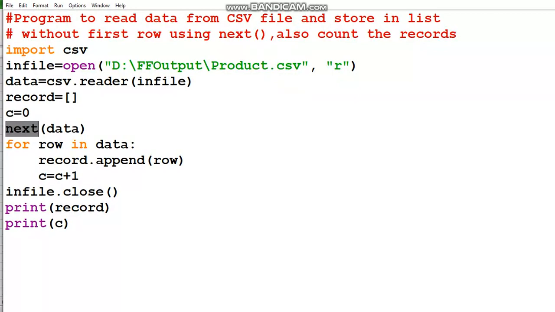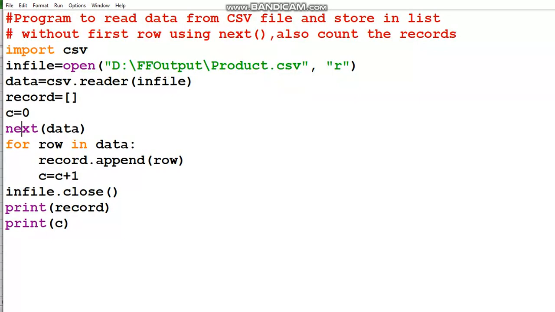When I use next one time, I am reaching the end of the first record, because the first time I have used next. That means the pointer will point at the end of the first record. End of the first record means the header row is now over, and we can start reading the data part.